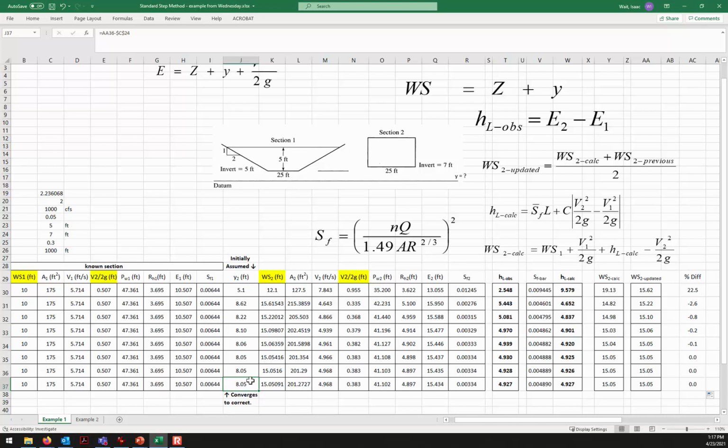And on Wednesday's class, I mentioned that this is the machinery that's running in the background of HEC-RAS. And we've just done this for a single segment, working from section 1 up towards section 2. What HEC-RAS does is you may divide a channel up into hundreds or even thousands of different cross sections. And so it will go through and do row by row iterations for each segment of the channel, and there could be thousands of segments. And so a HEC-RAS model could take a little while to eventually converge, but it's a really powerful approach of